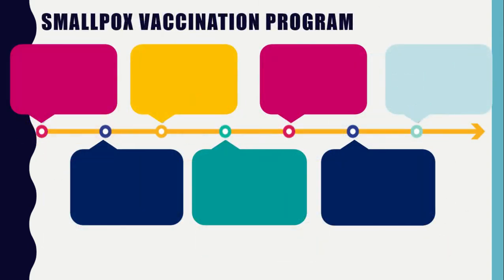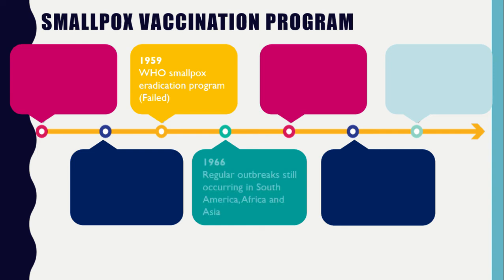Due to the worldwide spread of the smallpox virus, in 1959 the World Health Organization began the Smallpox Eradication Program to eliminate the disease. This first program was not effective due to lack of funds, shortage of vaccines, and many other reasons, resulting in smallpox remaining widespread in 1966, with regular outbreaks occurring across South America, Africa, and Asia. Therefore, the Intensified Eradication Program was launched in 1967 with new developments and procedures such as bifurcated needles and mass